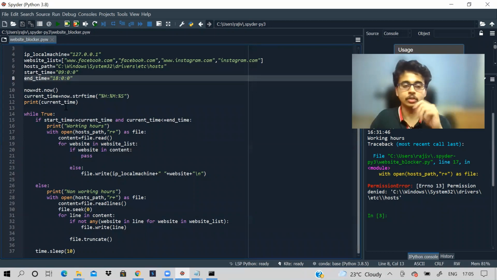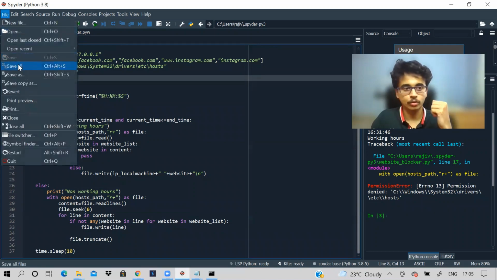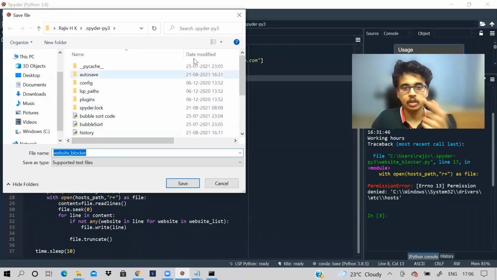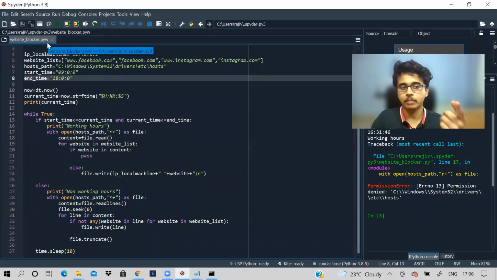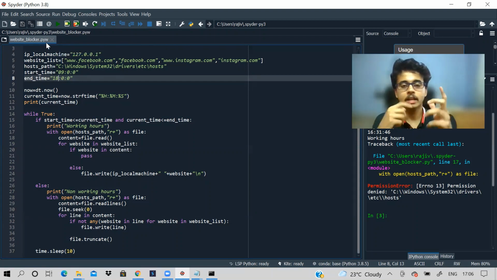For that, the first thing is this Python file that we have, website blocker.py. Change that to .pyw. So go to File, Save As, and then just type .pyw. Okay, I've already done that part. Please do that. Why? Because we want our Python application to run like some exe format in the background actually. When you say .exe, if you give that exe file to anyone, they can open it, right? In any computer like that. If you want a process to be happening in the background, .pyw is the way to go. So first step is do that.